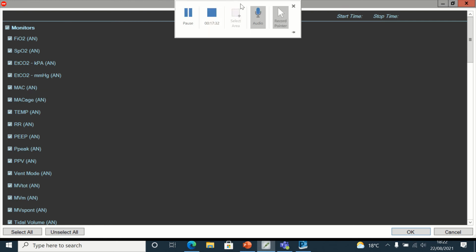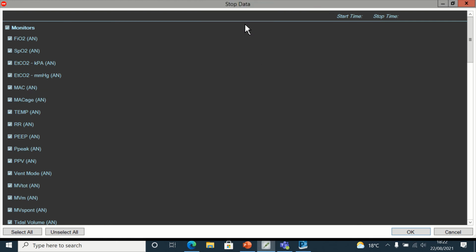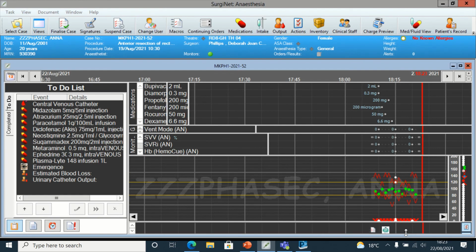And at this point, it says it's going to stop the data. That's what we want, because we are stopping theatre monitoring and going into recovery, because I'm assuming that my case is finished now. I know it's a bit too early for a major case, but obviously you will also have to do the SBAR handover and the post-op prescriptions, which you have already been shown how to do. But I'm not doing it because I know you've seen the other videos and know how to do it. So at this point, I'm just stopping, and the main point of making this video is to show you how the numbers look in the